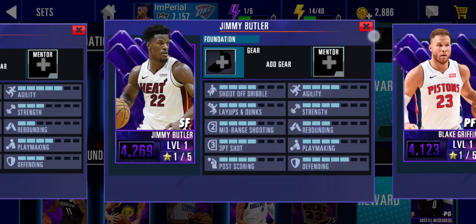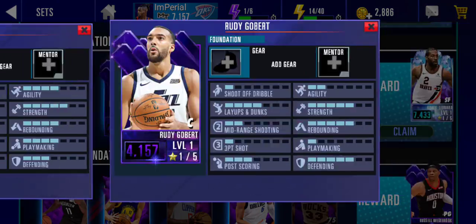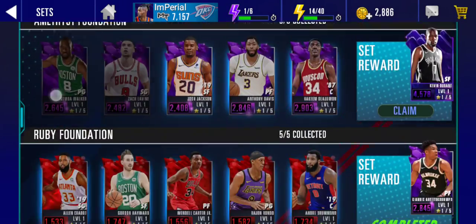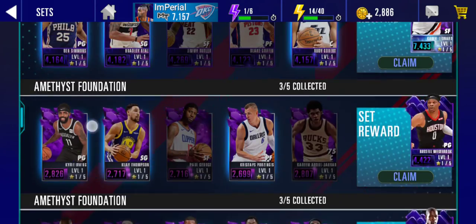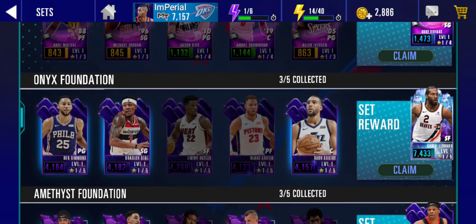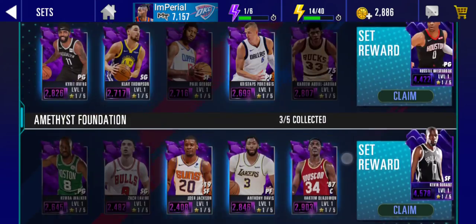You need Ben Simmons, Bradley Beal, Jimmy Butler, Blake Griffin, and Rudy Gobert to craft this Diamond Kawhi Leonard. There's usually 2, so they might be dropping the other one pretty soon. But yeah, all those cards. Well, I know Jimmy Butler and Blake Griffin I'm not seeing in seasons, which I simulate a lot, so I don't really see them come up. But yeah, if you want that Kawhi Leonard, he might be set exclusive, so you might not be able to get him